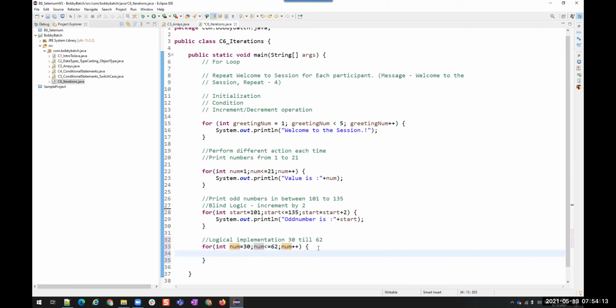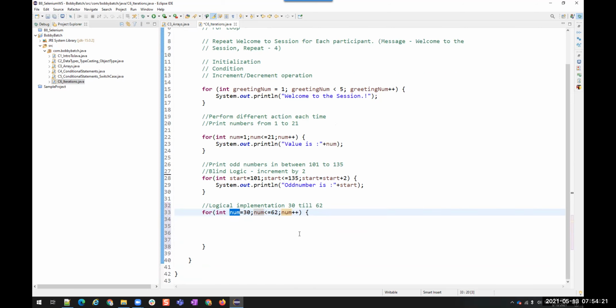All right. So now what I have to do is verify whether this number, when divided by 2, leaves a remainder of 1 or not. So the division: number modulus 2.